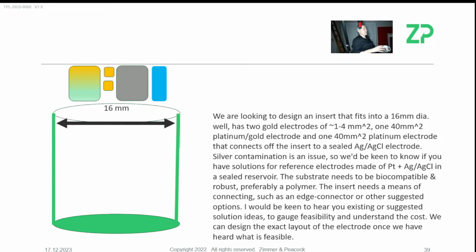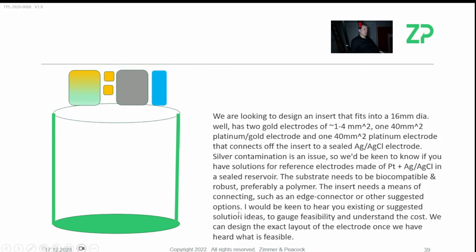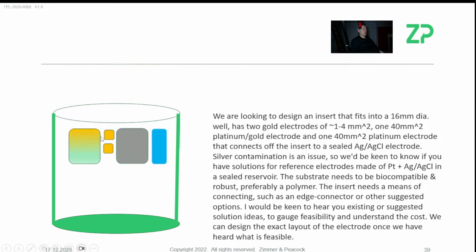ZP would actually want to be on a bit more of a paid consultancy on this, because it really has to be thought through. Is this really the best way to go? So the answer to the question is, it's feasible. Would I just jump straight into it? No. I would probably purchase a couple of hours of ZP's consulting to really talk through this. I'll give you some of my thoughts or concerns here, and then they want to put that through into the well and make some sort of edge connector on the outside, which is fine.